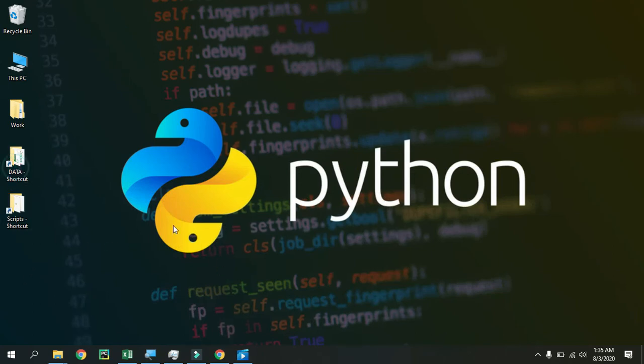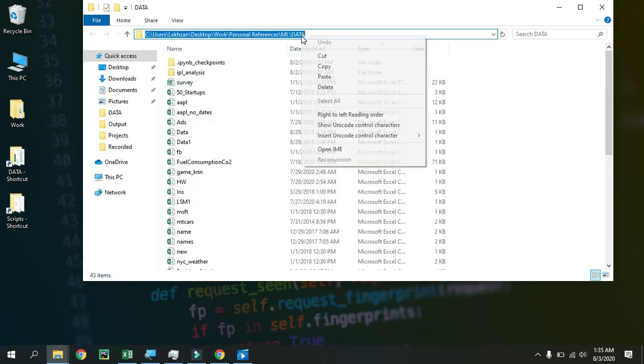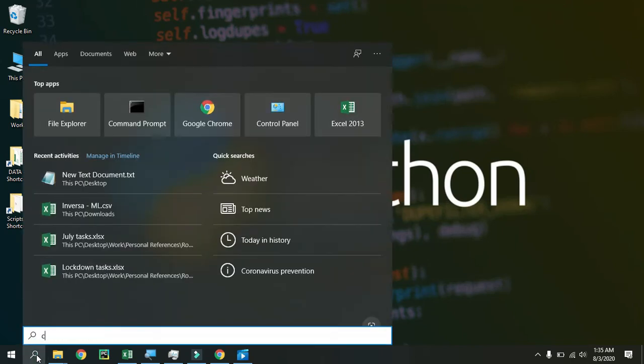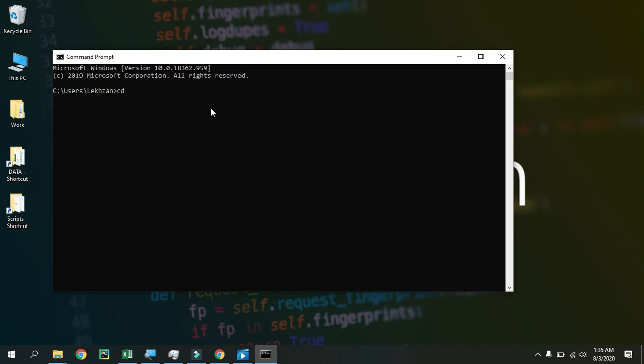Now let's say that's my data folder and I want to run my Jupyter Notebook inside this particular folder. So to do that, first of all, please copy your location, open the command prompt, then navigate it to the folder where you wanna get into.